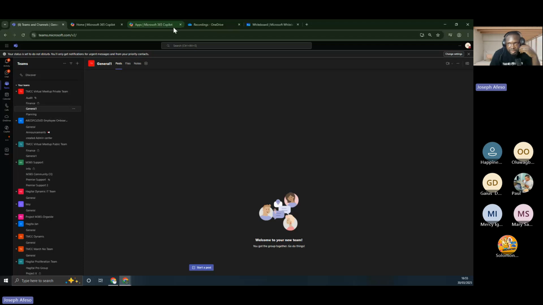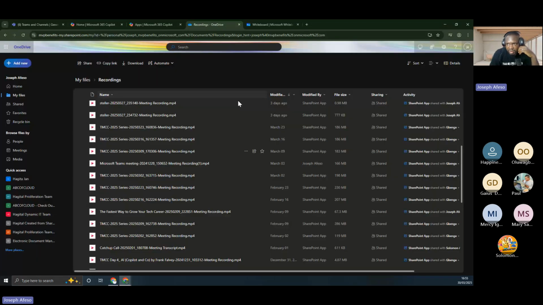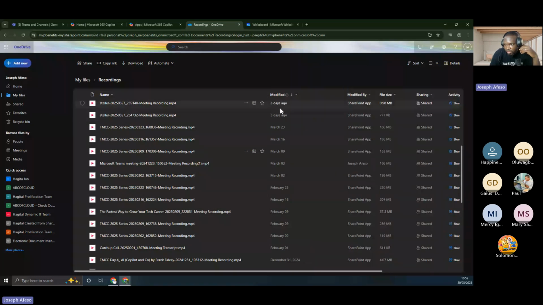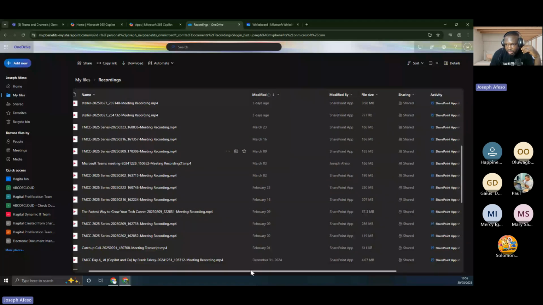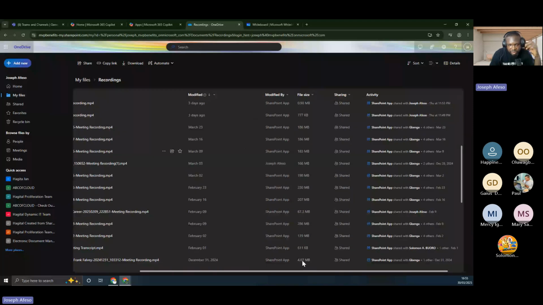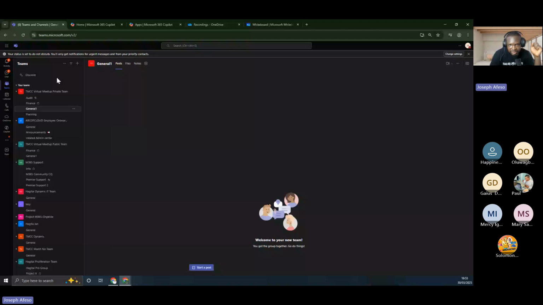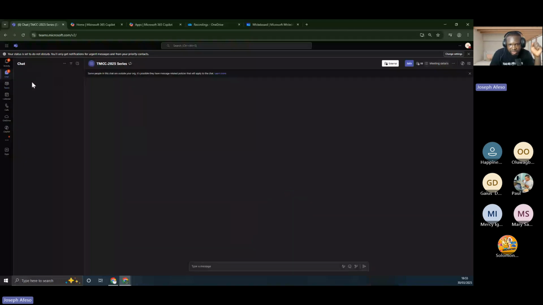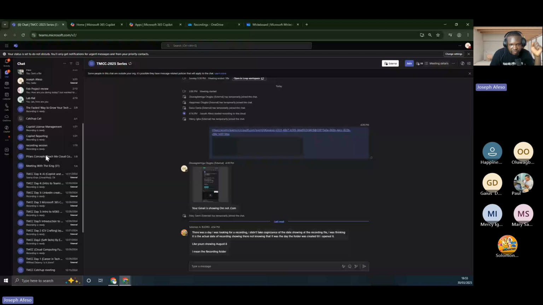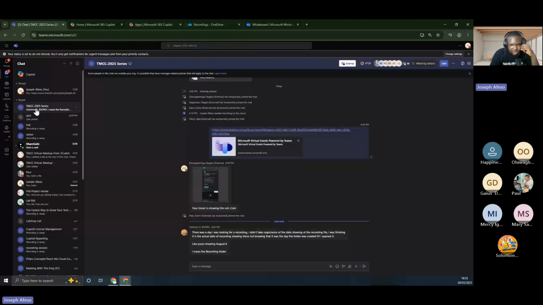So you have to know that the date here is always showing last date modified. It's last modified that will always show up here, so you have to be aware of that. Very, very important. Apart from this, if you have access to the chats, I'll come back to that question, you may be able to see the chat within that period. But if you have a lot of chats and those chats have disappeared, then it becomes a problem for you to truly locate the recordings of your meetings.